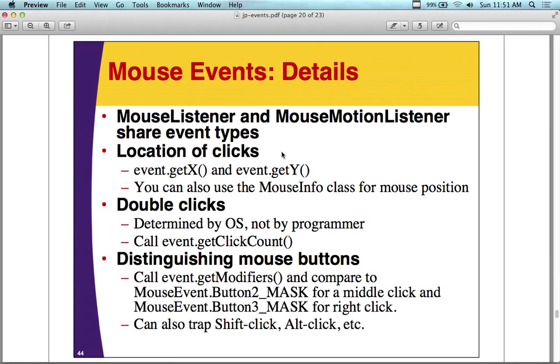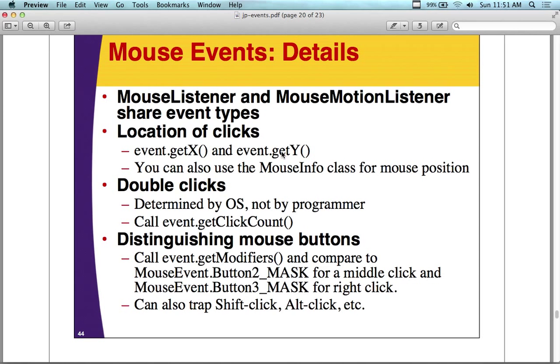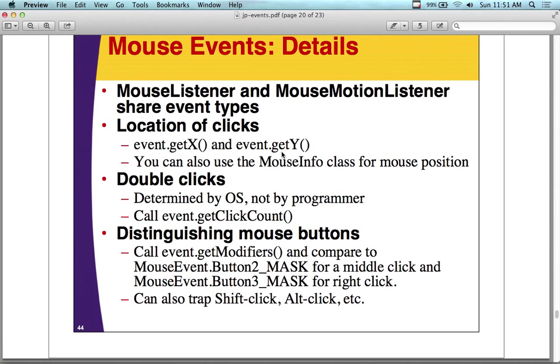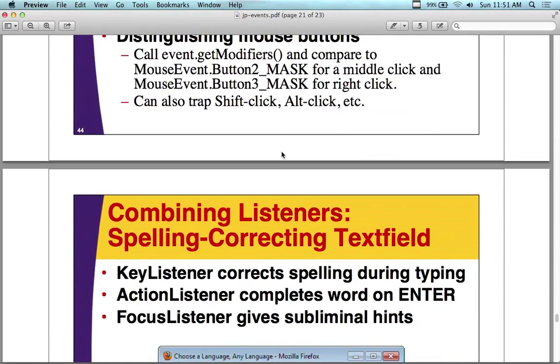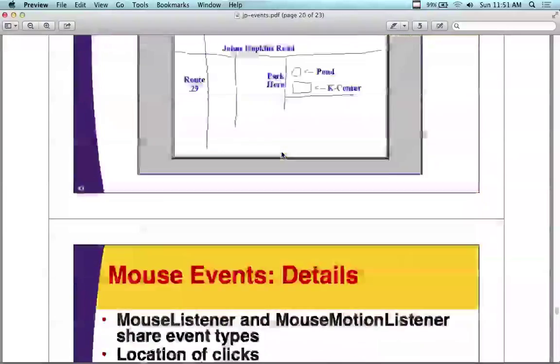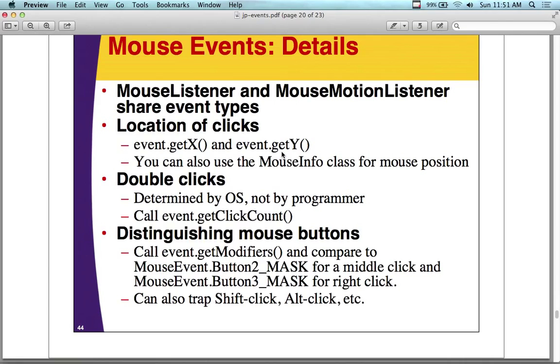So mouse event details in here. In terms of the listener, it's the location of the X and the Y of the click that you're interested in getting, so that you can use it for something. You can also pick up multiple clicks, double clicks, triple clicks. You can also tell which button, so you can right mouse click with the right button, or click with the left button. Using the wheel is also part of the standard API. And again, the driver for the mouse has to be loaded to identify it, and it's operating system independent, which means all of these click listeners, especially for keyboard and mouse, are going to be part of operating system controlled events that are occurring,